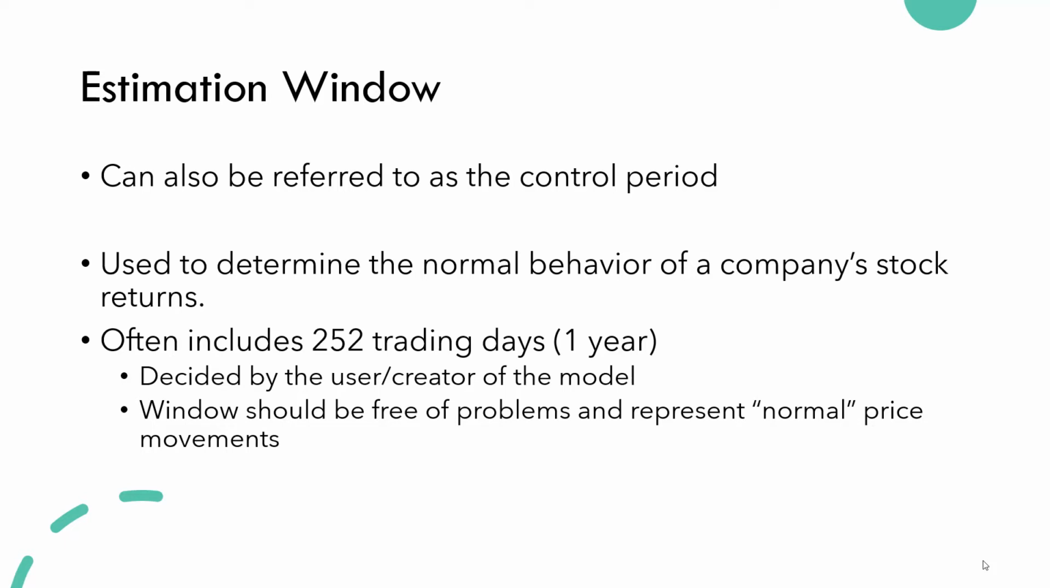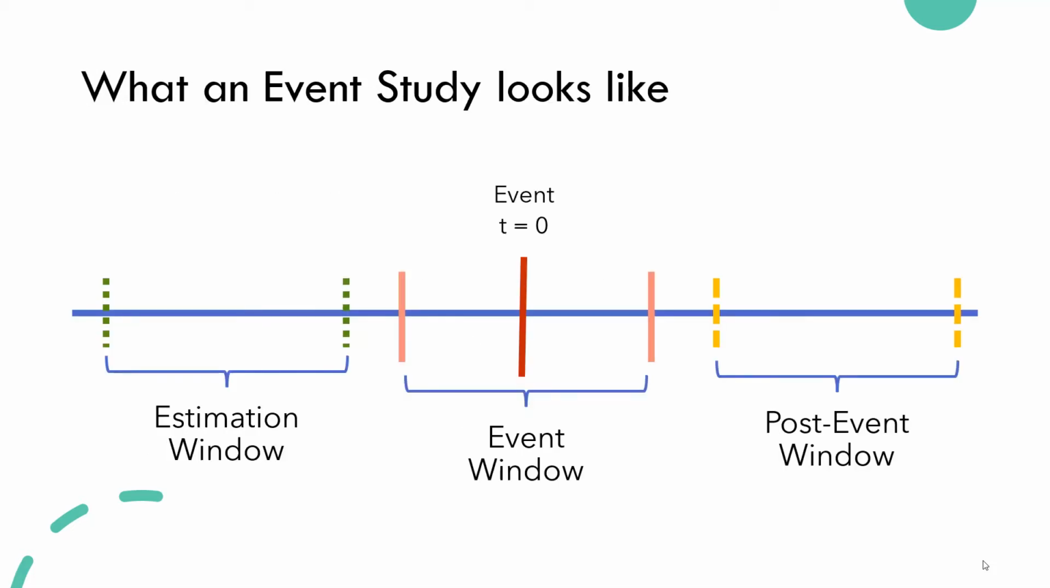Ideally, you want to have an estimation window right before your event occurs. And this is going to be a window that ideally should be free of problems. So you want something that's going to capture that normal interaction of the company within the marketplace. Of course, certain things may happen, but you need a general baseline for your estimation window. And typically it's going to be some set number of days prior to your actual event. Once you have that estimation window, typically the 252 days prior to the start of your event window,